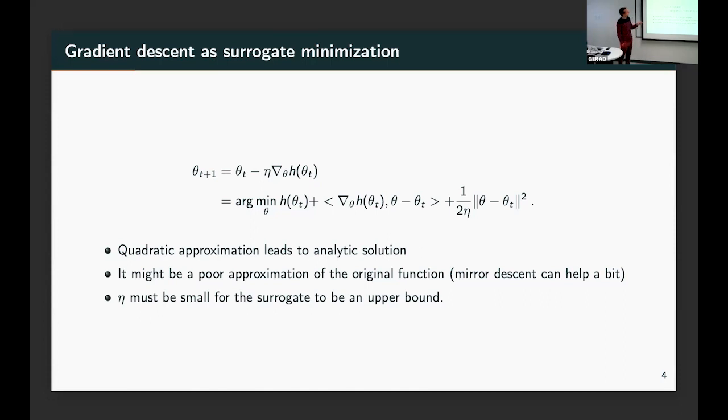And you see that if your function h is smooth, then eta equals 1 over L is enough, and you recover the standard result in optimization. So instead of saying I'm going to do 1 over L because I have the convergence rates, I'm really going to take a perspective. Instead of minimizing the function h, I'm going to minimize a simpler function, and I want that simpler function to be an upper bound on my original function, so that I'm guaranteed that when I minimize that simpler function, I do improve my original function as well.